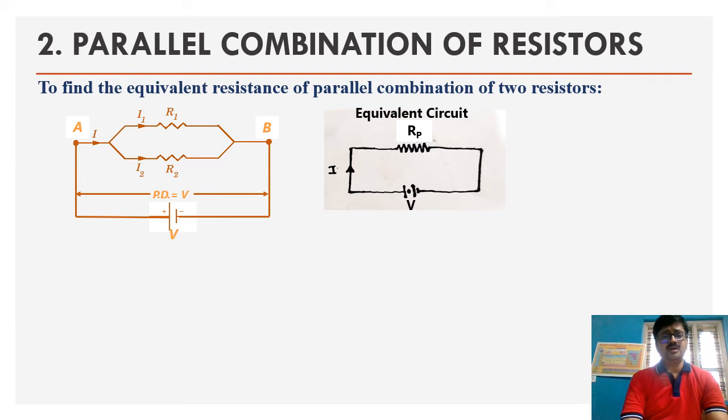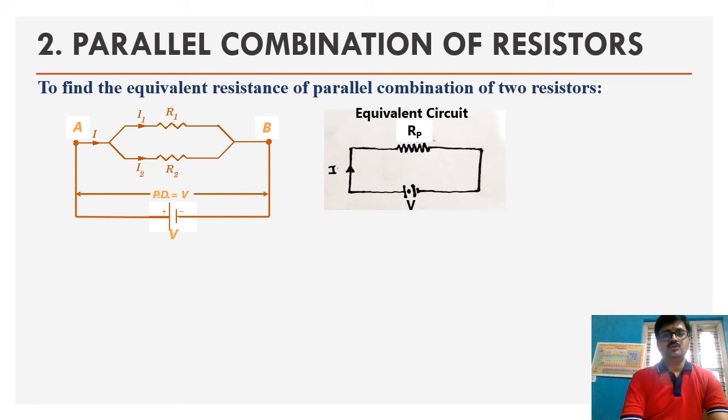And next, if we just observe here in the equivalent circuit diagram, again we are seeing that Rp has been shown here. Rp is an equivalent resistance which replaces these two parallel resistors. Current I is same here, potential difference V is same here. So accordingly, we can comfortably understand the equivalent circuit here. And I have already defined what is equivalent resistance. So accordingly, let us proceed to the derivation.